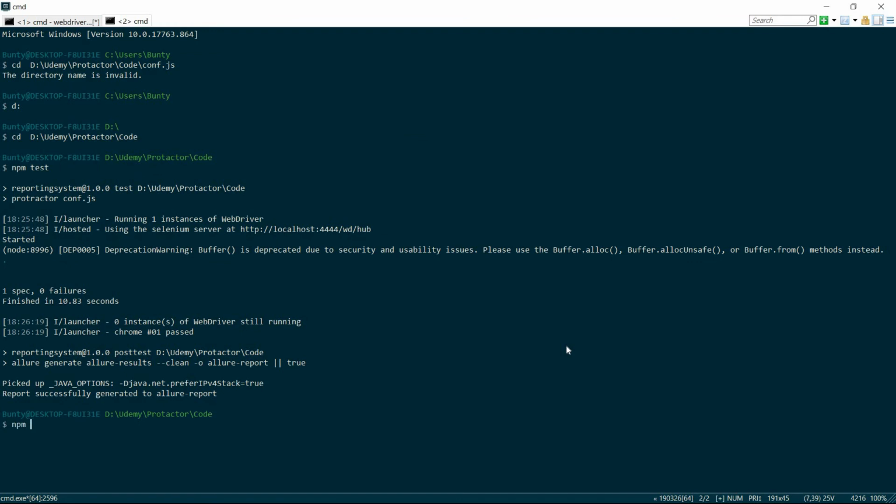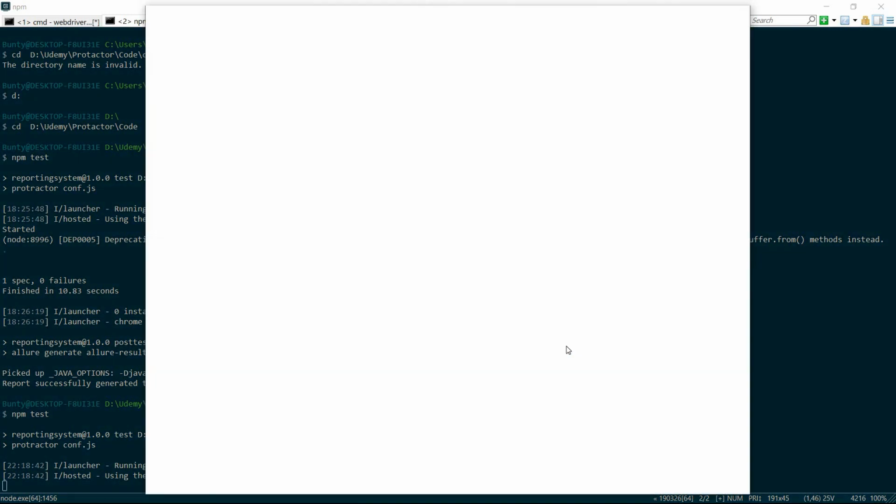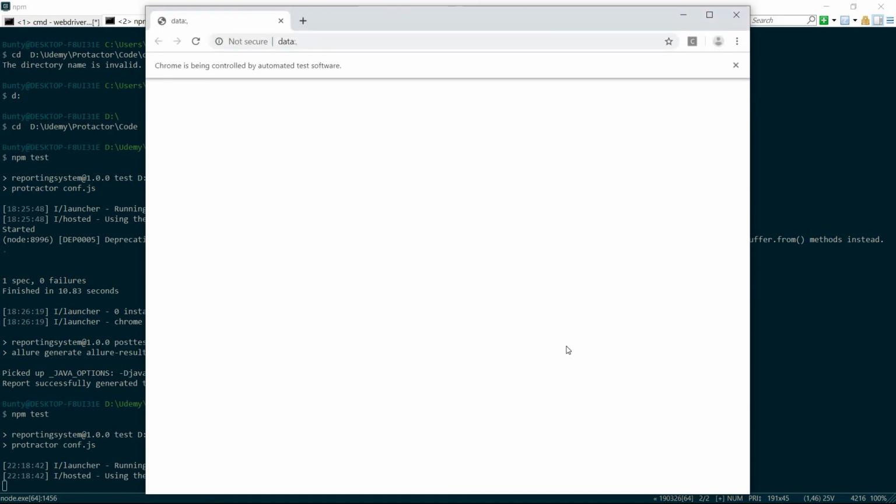The run is very simple: npm test. It will open Google Chrome and go to the website. It will do the first operation, that means the email, and pass the value of the email, and second it will go to the autocomplete form and write India.